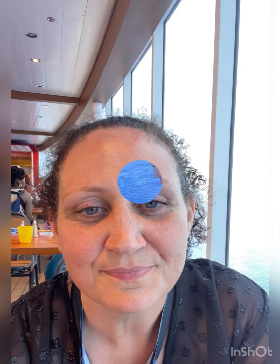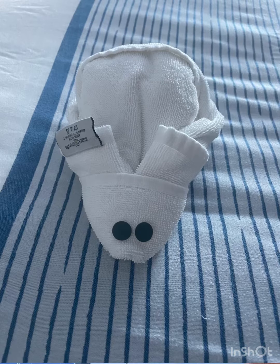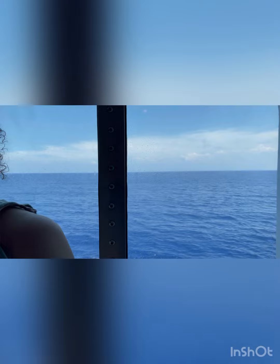This is our view. Sitting here eating right here on the ocean. It's pretty awesome. It's kind of the life. I always said if I didn't have kids or went a different lifestyle, this would have been my lifestyle right here, working on a cruise ship. Pretty amazing. Ocean view rooms be like,